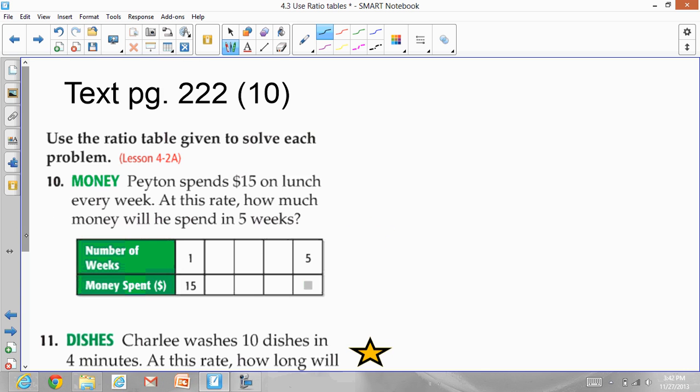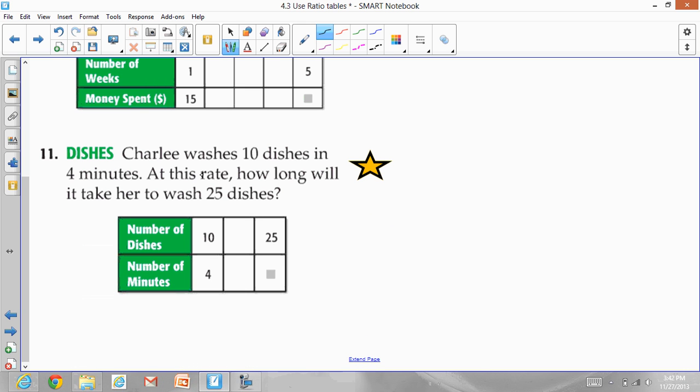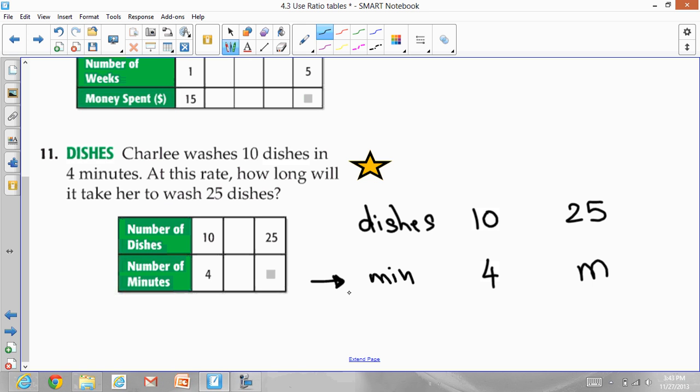Let's focus on the question which is marked dishes. Charlie washes 10 dishes in 4 minutes. At this rate, how long will it take for her to wash 25 dishes? So let's see. Dishes and minutes. So 10 dishes could be done in 4 minutes. And for 25 dishes, they want you to find what m is, which is missing. And m is here, so they want me to find how many minutes it's going to take to wash 25 dishes. So the usual steps,